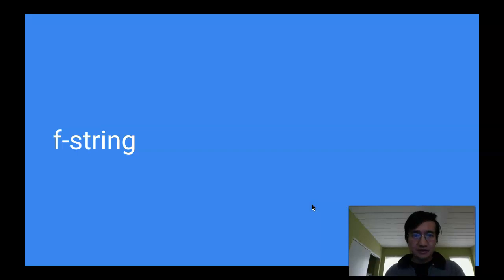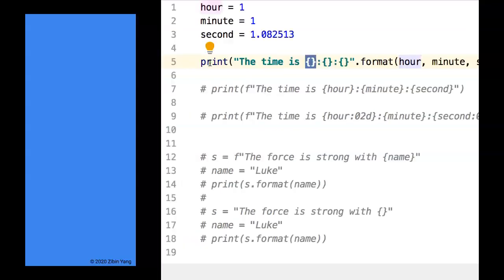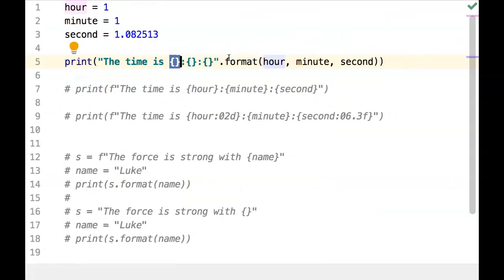Hi, in this video, I'm going to say a few quick words about f-strings. So we've all seen the use of string.format, where we can substitute variables or any kind of expressions into curly braces inside a string. Now, in the quest for more readability and clarity in code, Python actually introduced